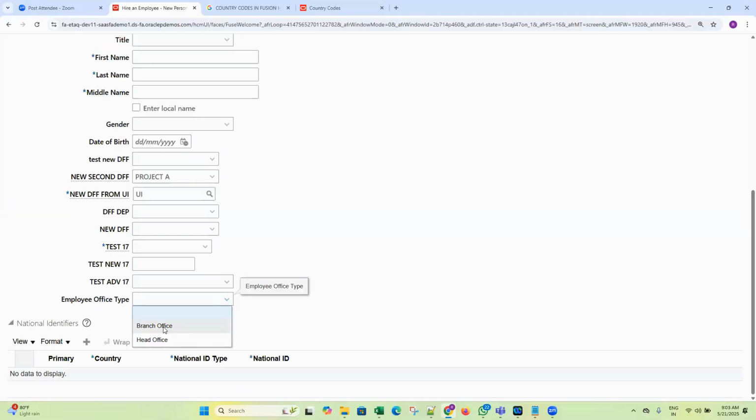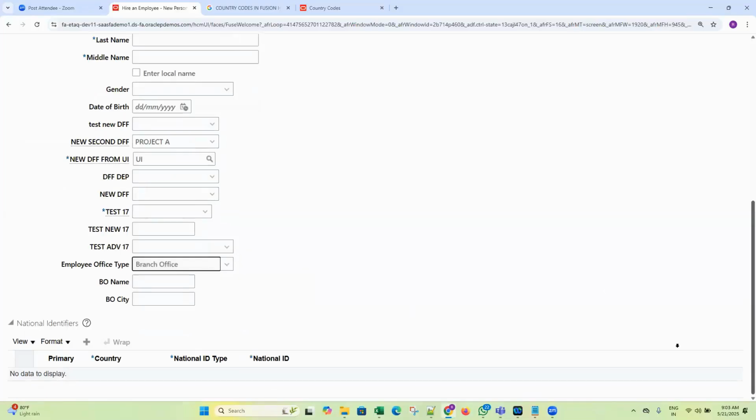If I'm choosing branch office, see, observe over here. This is the requirement. If I'm choosing the branch office, two more attributes should open. See, another two attributes are getting opened, right? Branch office name, branch office city. If I am choosing branch office, I have to open two more options. If that is the requirement,